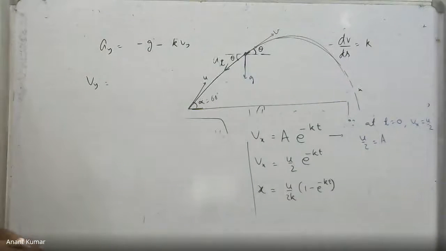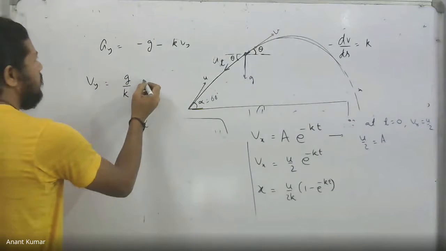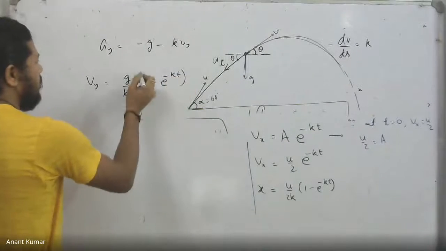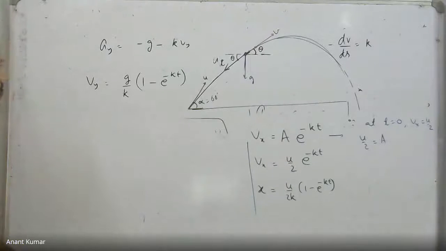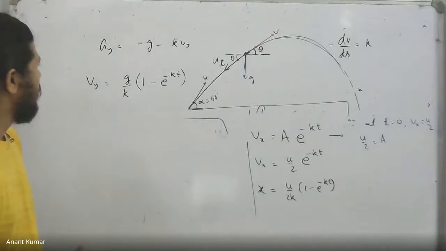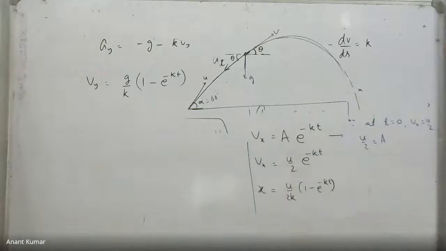Multiply g by k into... possibly it will be this, in fact. Yeah, that is what turns out as Vy. At t equal to 0, it is turning out to be g by k. Well, it should be 0 actually. Initial it is. Okay, that's what we have effectively. Forget about how we obtain this, but this is the result for the y velocity actually. That is what it turns out to be.